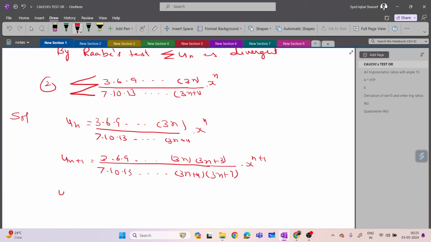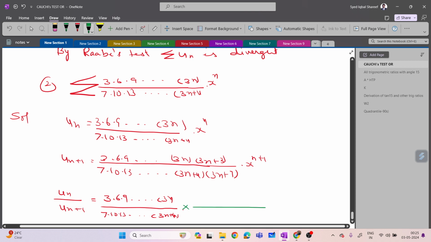Now we have to find u_n by u_(n+1). First I will apply the D'Alembert test and I will show you the D'Alembert test fails. Then we will go for the Raabe test. So 3, 6, 9, up to 3n, by 7, 10, 13, up to 3n plus 4. The denominator will go to the numerator, so 7, 10, 13, and so on up to 3n plus 4, 3n plus 7,